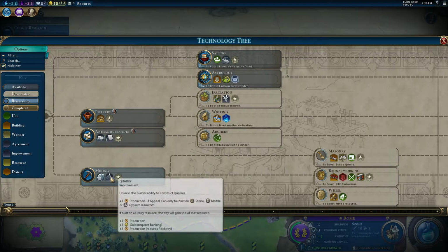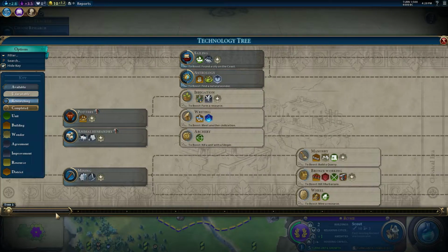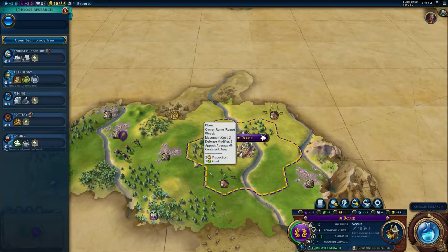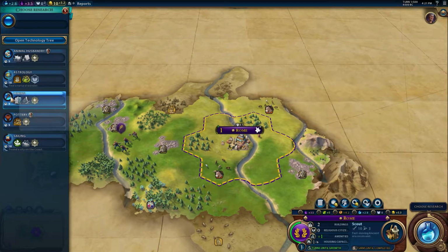So the things we're going to want in our city are going to be more important to us early game, but we're going to have a lot of production anyway for settlers and stuff. This is actually one of the hardest civs for your starting pick, in my opinion. We might want to go for mining here as well, just so we can get quickly, because we actually need,